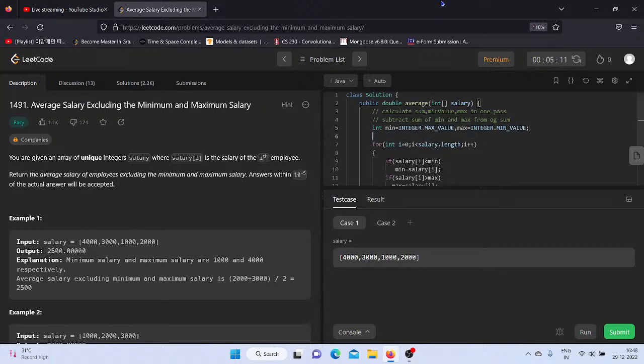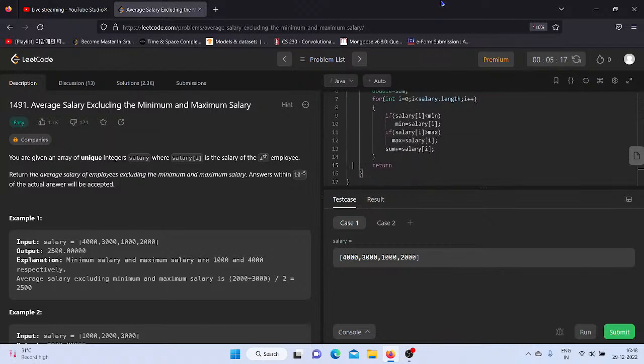Return sum minus min plus max, divided by